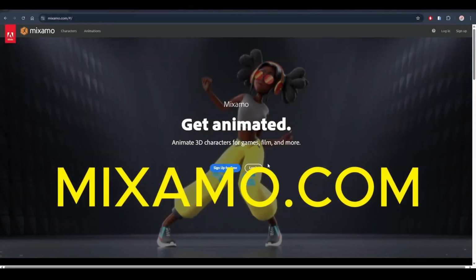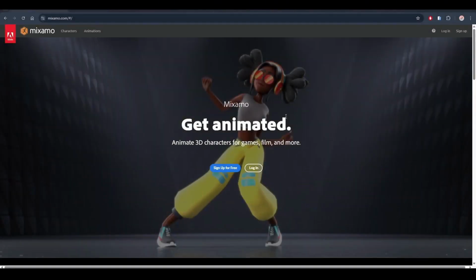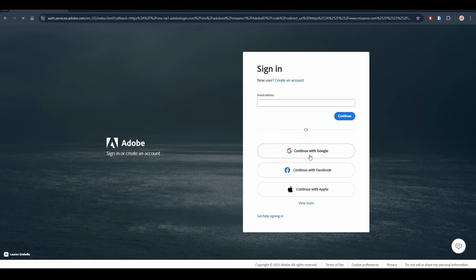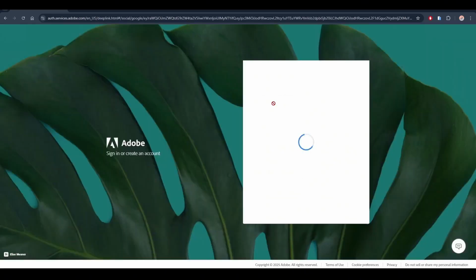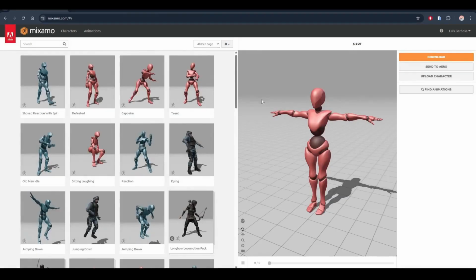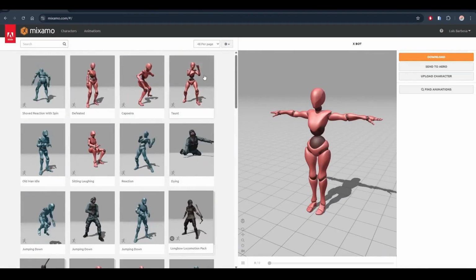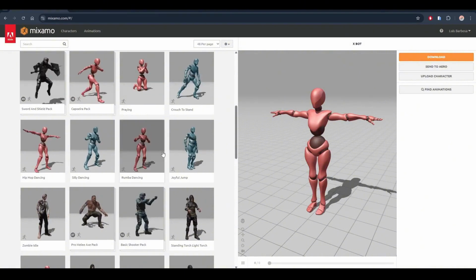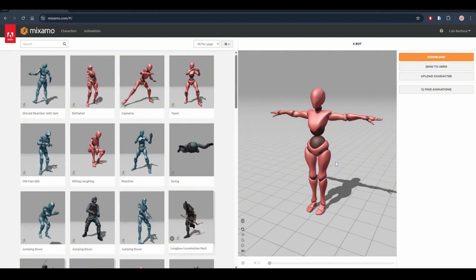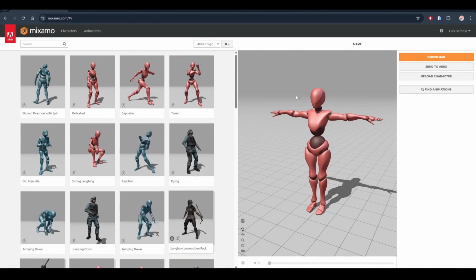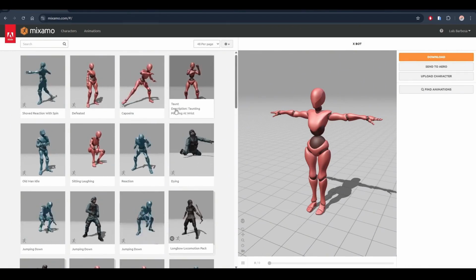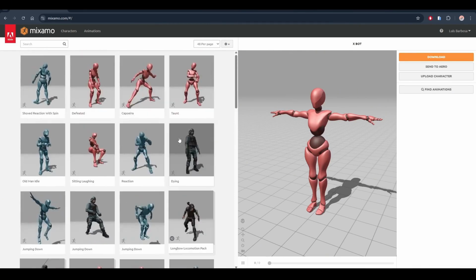Go to the website mixamo.com. If you haven't created your account yet, click here on sign up for free. If you already have one, click on login. This is the initial interface of the site. Here on the left, you can already see various animations, and there's a mannequin here, which is the standard Mixamo mannequin. I prefer to use a different type of mannequin, and I will show you this process, because I already